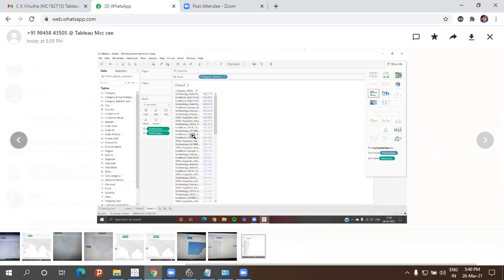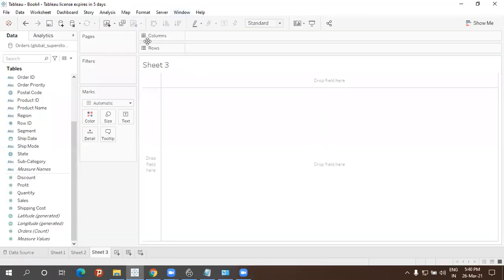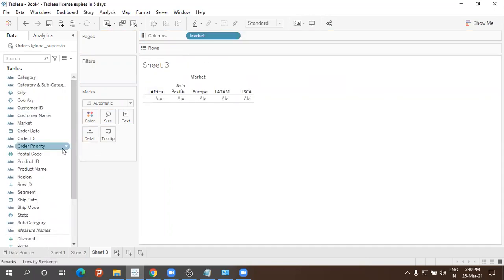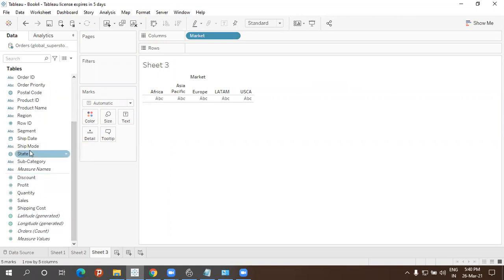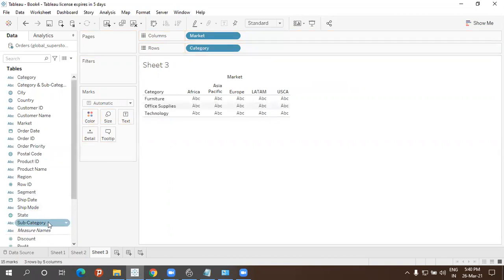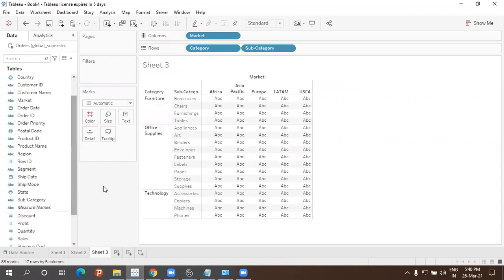When I ask something I want to combine, based on market and category and subcategory, let me show it from my side once. Market, and let me take category and subcategory also here, and the sales.